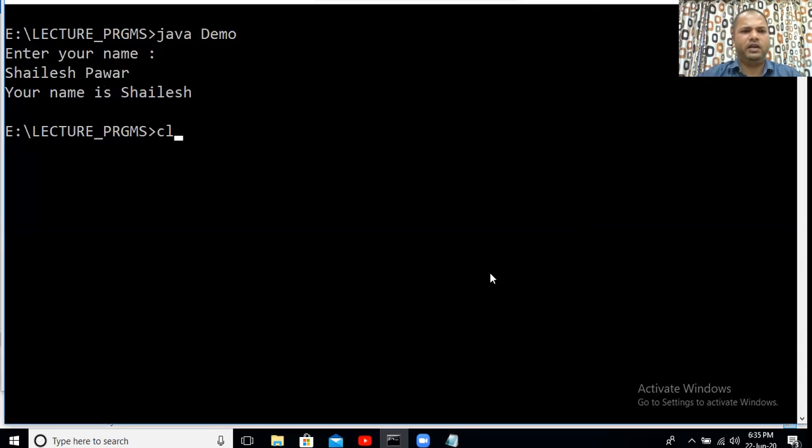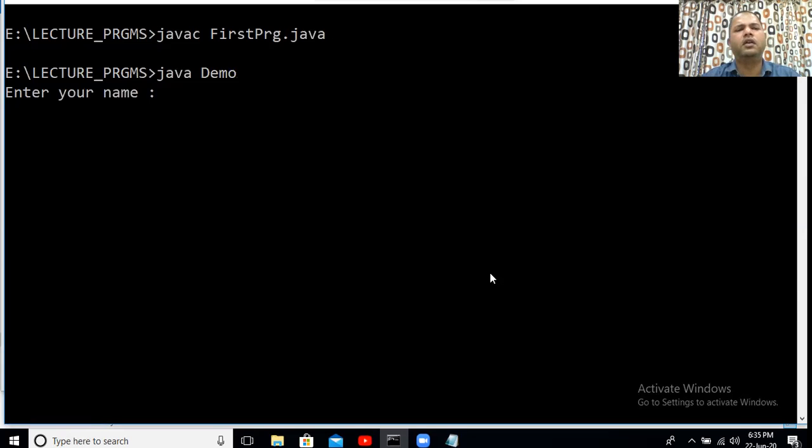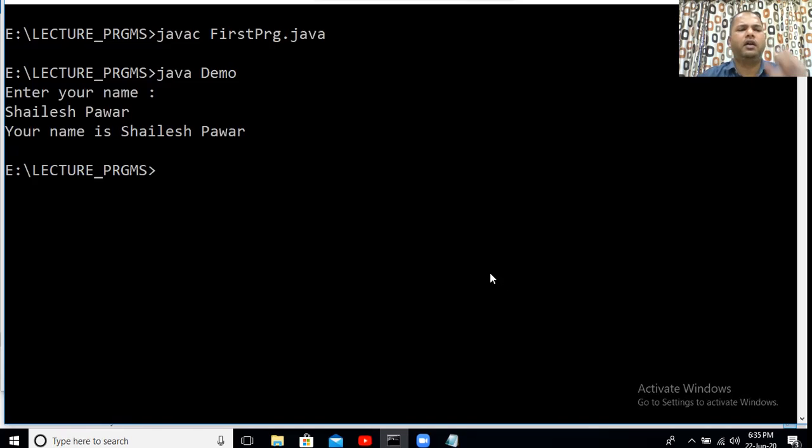Now let's run this program again. I have made the changes, so I'm going to compile the program. I'm going to run this. Enter your name. I'll say Shailesh space Pawar, and as you can see there, all the data that I had entered on the line is being displayed on screen here. Again, we'll be running this.